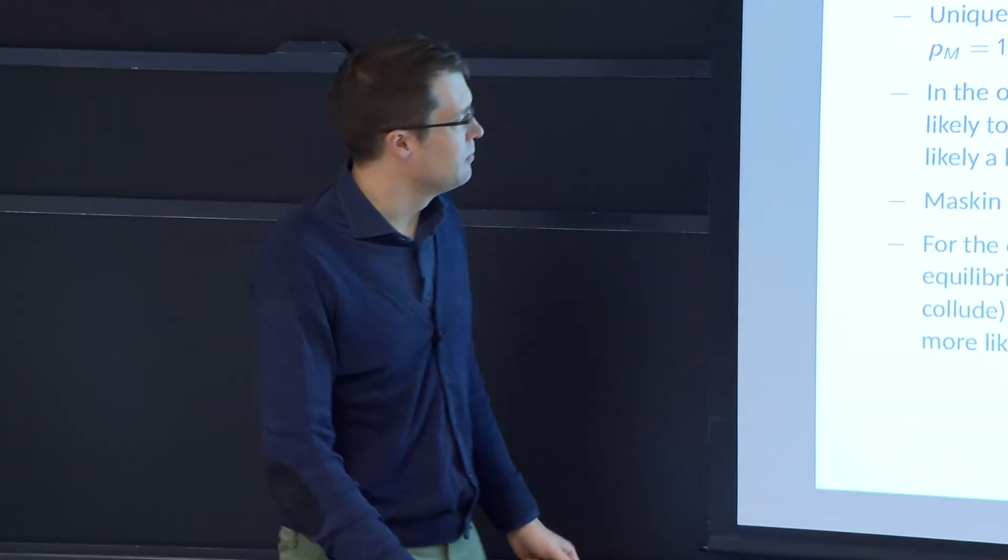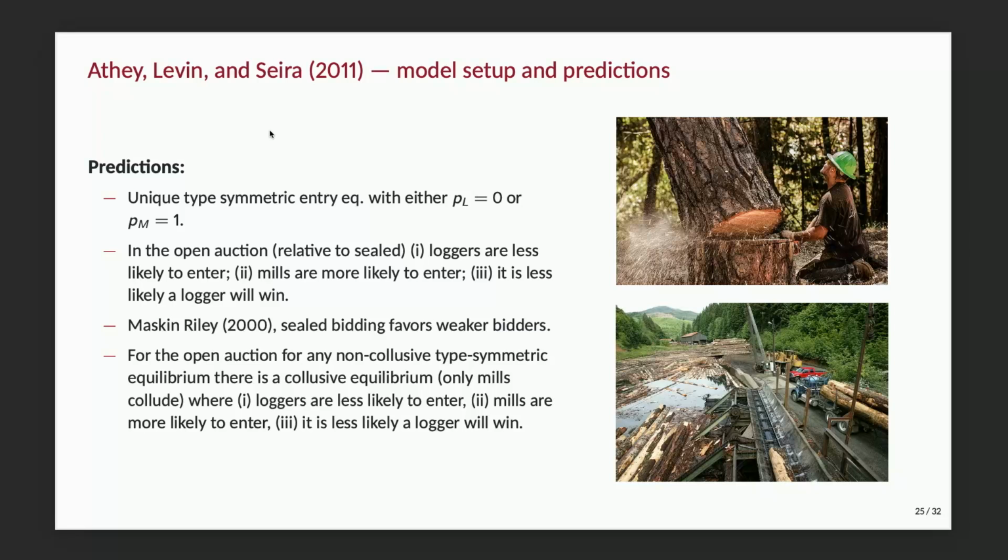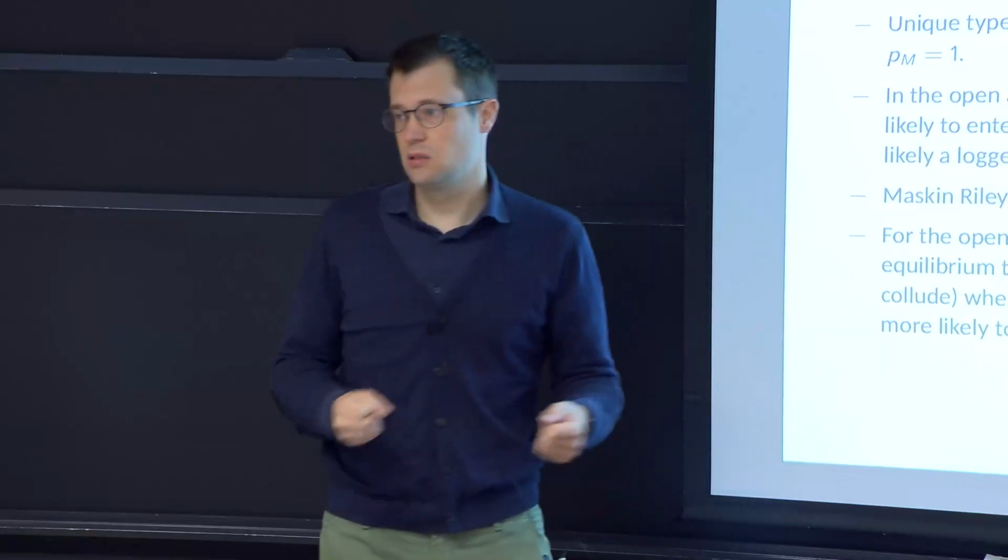Lastly, they get some other comparative statics by comparing, in the open auction format, collusive and non-collusive equilibria. So they only consider collusion in the open auction. And here it's not too surprising that if only mills are colluding, and remember they're all ex ante symmetric, then with some probability, each mill is going to benefit from